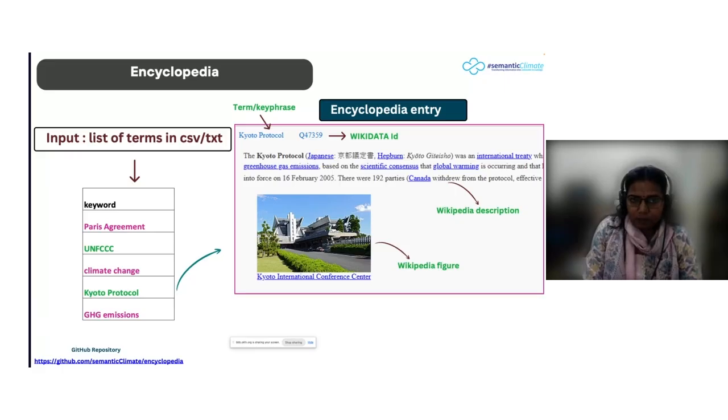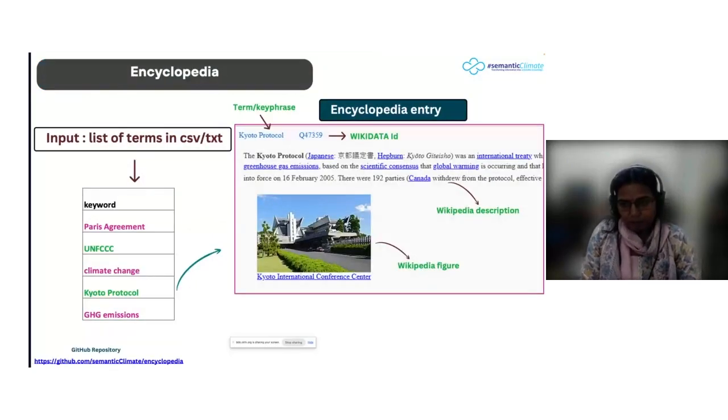It will be given to the encyclopedia system, and it will create the encyclopedia. Here the example I'm taking is the Kyoto Protocol. I'm showing just a part of the encyclopedia because it is long; I've given 500 terms, and it has created a long encyclopedia for me. If I want to know about the Kyoto Protocol, it gives the descriptions from